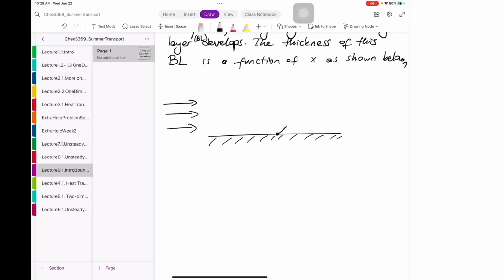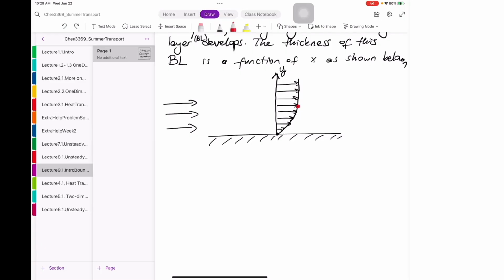But then the velocity beyond the surface of the solid is going to get larger and larger, but then it's going to be constant. So if you think about this curve as the velocity and these arrows corresponding to the velocity, you see that after some point the velocity does not actually change with y-axis. Let's call this y-axis. Okay, and this point where the velocity does not change anymore